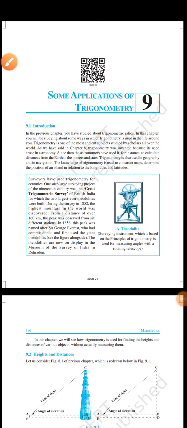So this is the advancement of the previous chapter, that is trigonometry, the applications of trigonometry. So in this, what we will be basically doing is we will be calculating the distances, heights, or in advanced portion we will be calculating